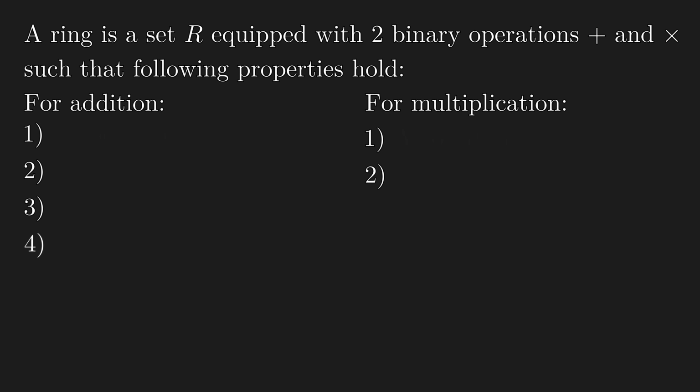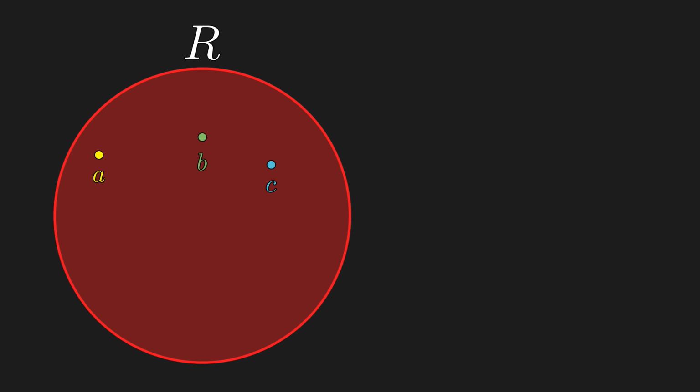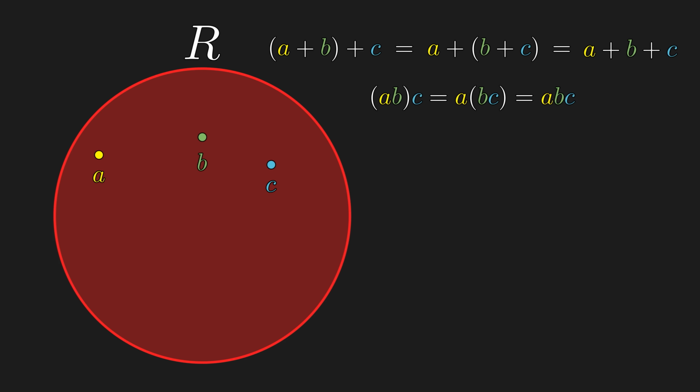Both addition and multiplication have to satisfy associativity, meaning pick any a, b, and c in R, then (a plus b) plus c is equal to a plus (b plus c). This irrelevance of the order of operation allows us to remove parentheses. And similarly it holds for multiplication as well. To see the power of the associativity of an operation, we can take a look at an example of a non-associative operation and realize how much we have taken associativity for granted.